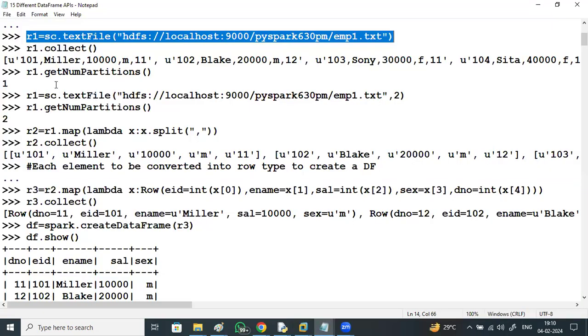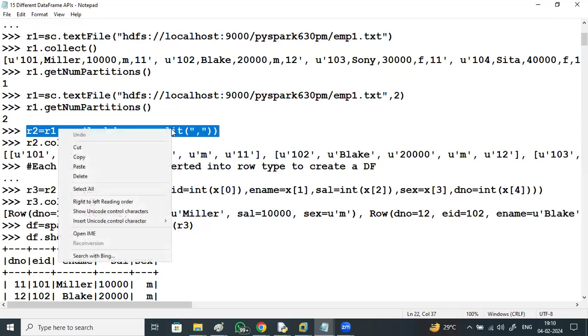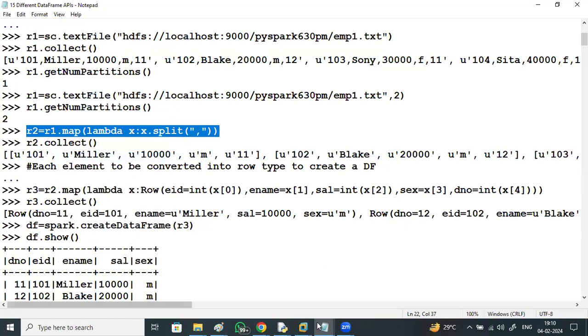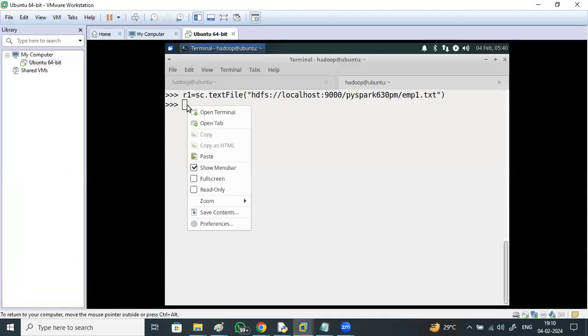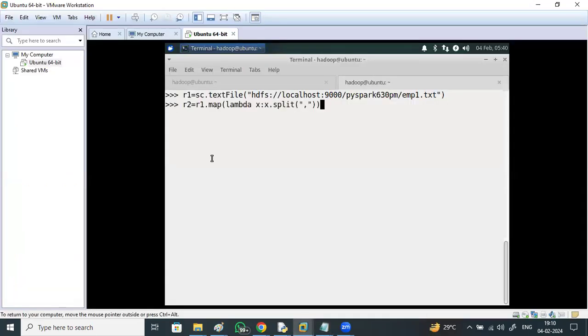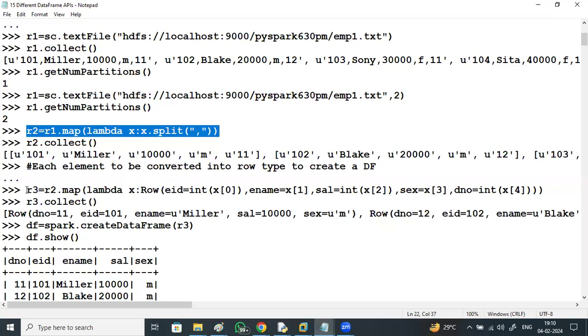Creating R2, R1 is created. R2, if we split it, you will get lists within lists. R3 equal to,